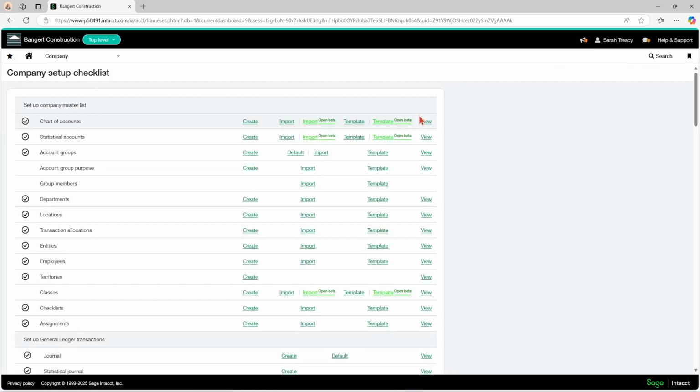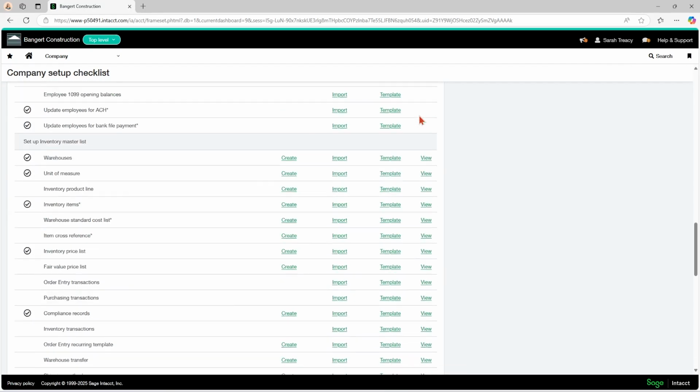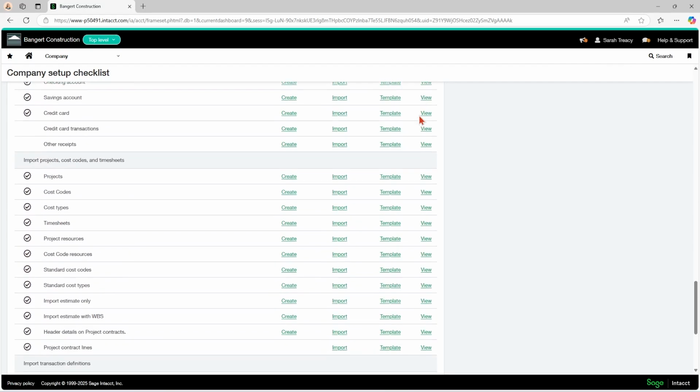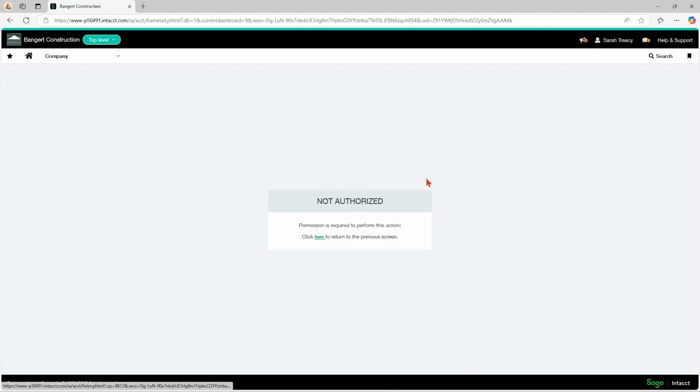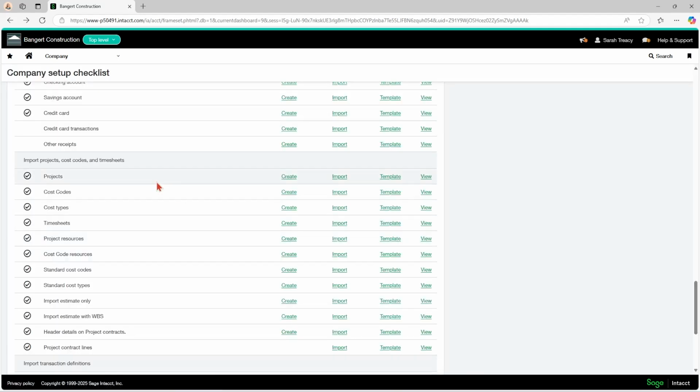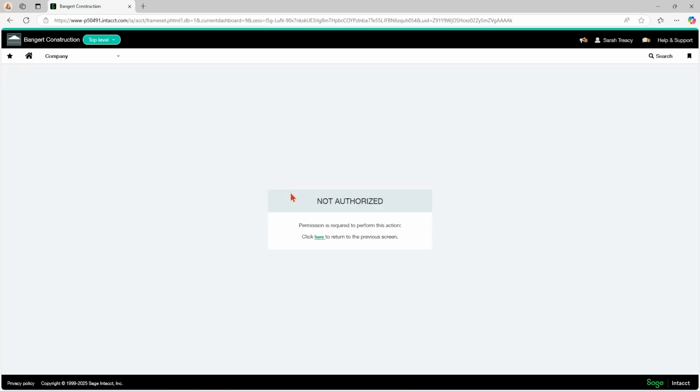But my user does not have permission to projects. So if I scroll down to the project section and I try to view, it's going to stop me. It's going to say I don't have any permission to go to projects. I took away the permission for this whole entire section. So if I wanted to create a cost code, I wouldn't be able to do any of that